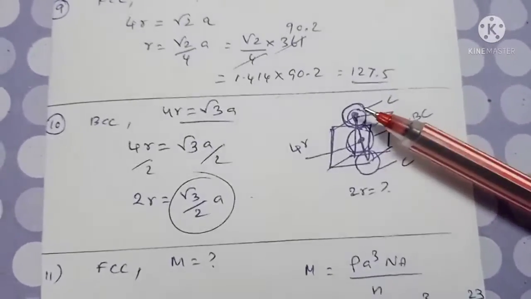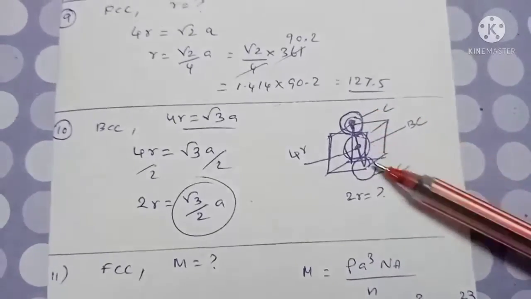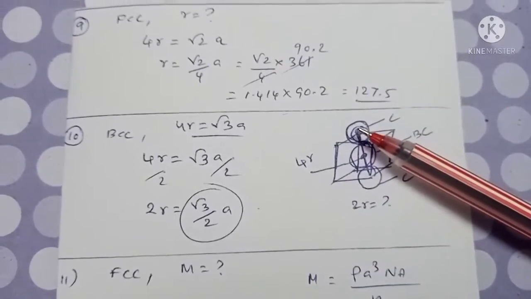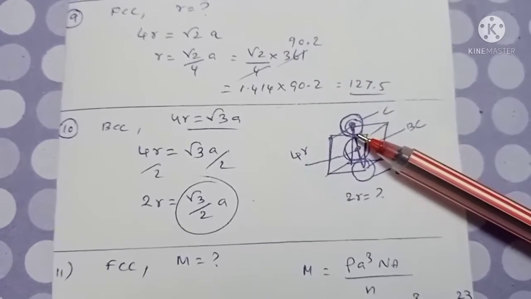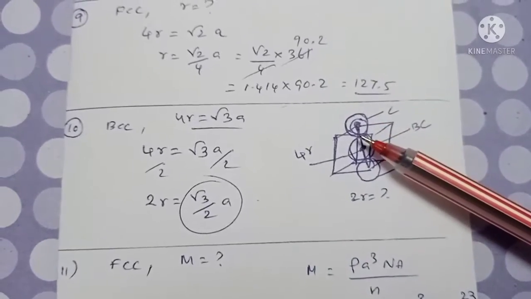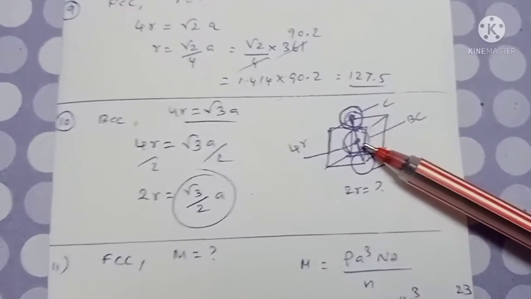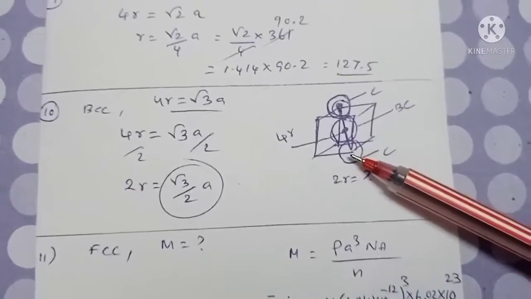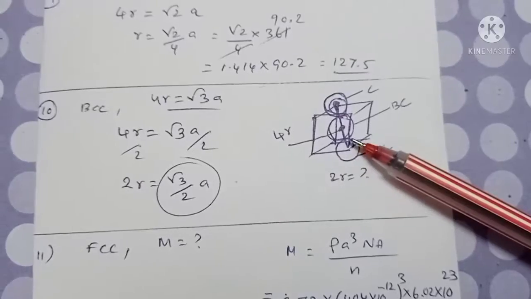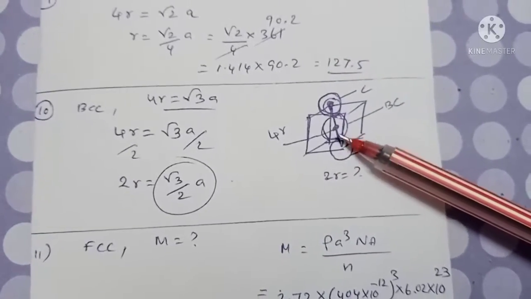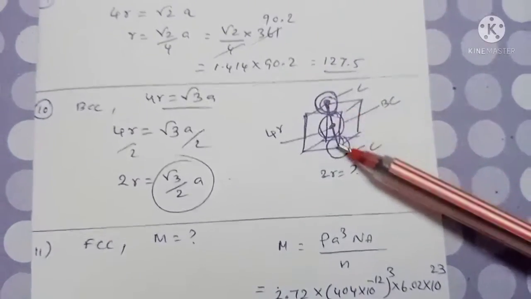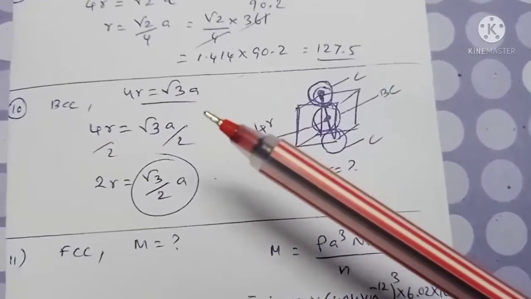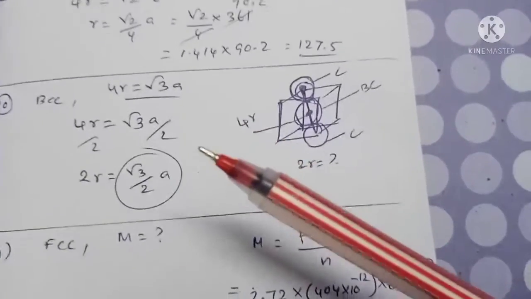Now actually they are placed diagonally. These three atoms are in contact with each other. From this point to this is nothing but the radius of this corner atom. Then this whole length is the diameter of this body center atom, which is twice the radius of this atom. Then from this point to this point is the radius of this corner atom. Now the whole length is 4r, isn't it? That 4r is equal to root 3a, which we have already derived in the packing fraction derivations.